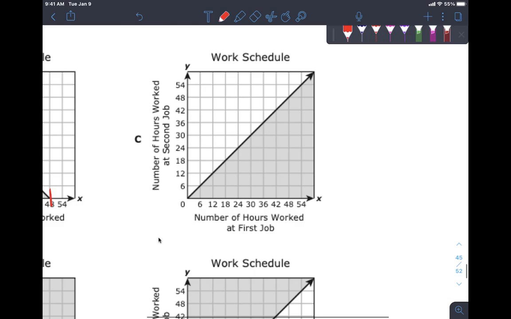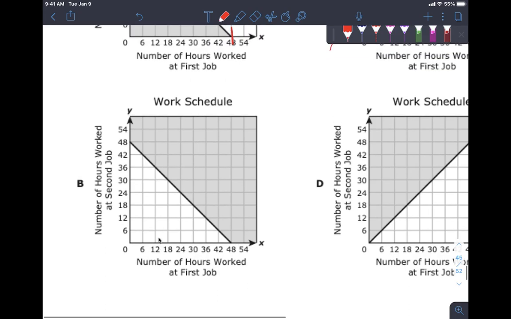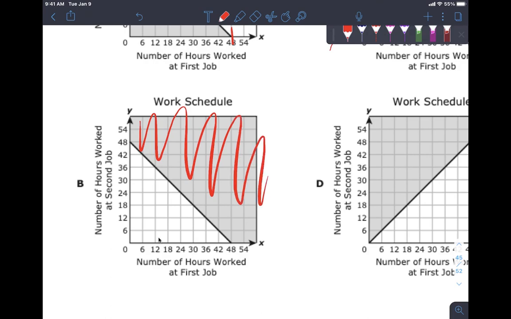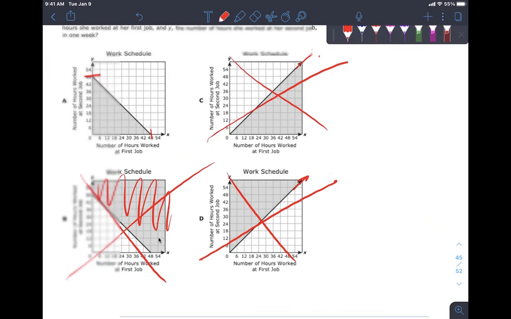But look over here. This graph's going to keep going. Way beyond 48. That's not it. Over here, they shaded the wrong part because they're saying she can work way up there as well. Not correct. And finally over here, again, another arrow. We can't work an unlimited number of hours. Not correct. So our correct answer has got to be